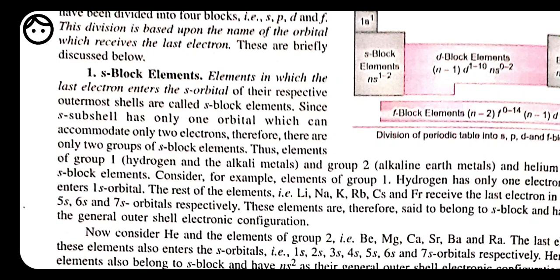Second, they have low ionization enthalpy and high electropositivity. Ionization enthalpy, that we will discuss later. What do you mean by ionization enthalpy? It is the amount of energy which is needed to remove an electron. So here the removal of an electron is very easy because it has 1 or 2 electrons in the outermost shell. To attain stability they need to have 8 electrons in the outermost shell, but it has only 1 or 2. So to attain stability they can easily lose their electrons. That's why the ionization enthalpy of these is very low. And they are highly electropositive in nature. It means they can acquire a positive charge very easily by the loss of electrons, because loss of electrons is very easy.